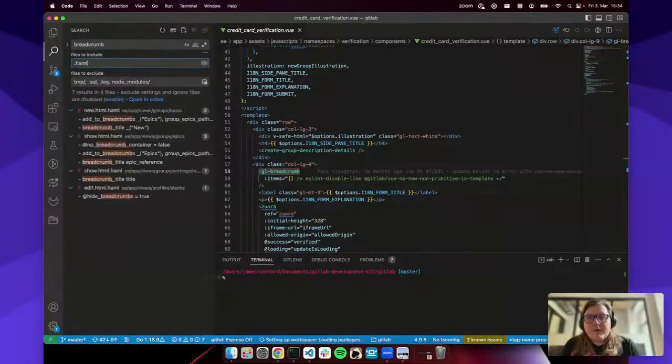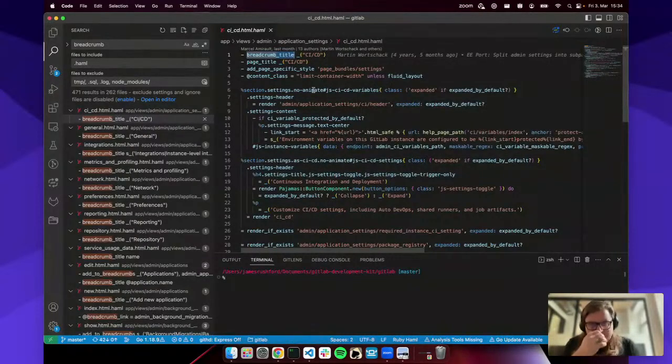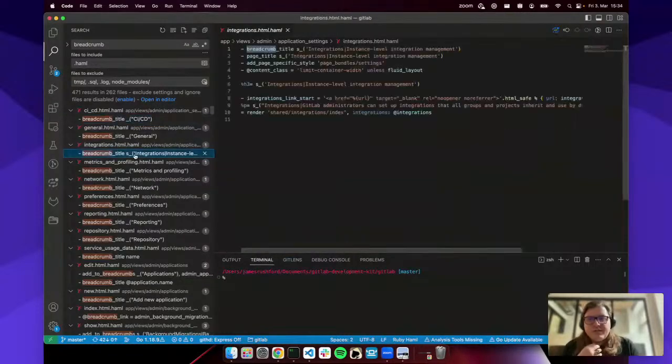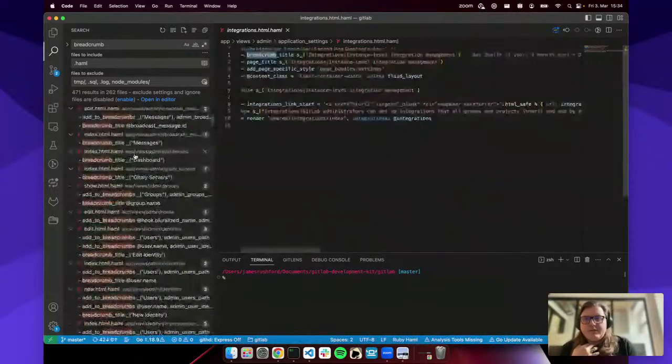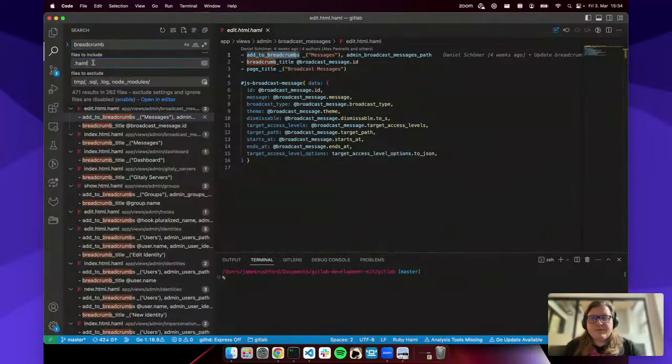So we're going to look at HAML pages that have the word breadcrumbs in it. So this is using like a special breadcrumb helper to add the title. But what I really want to see is when do we add the images and how do we do that? And yeah, fair warning, I did look before and I couldn't really find it, so it might take me a little while. So we've got this add to breadcrumbs